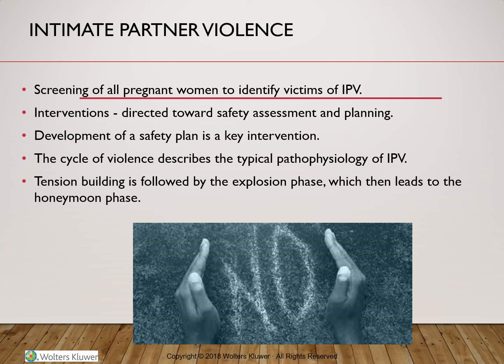Now, it's important to discuss the options with our patients and to develop a safety plan. The woman usually has 3 options: to stay with the abuser, to remove the abuser through an arrest or with a protective order, or to leave the relationship temporarily or permanently. The most important thing is for us to discuss the options and allow our patients to make the decisions.